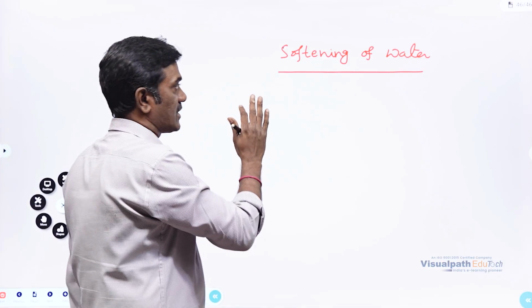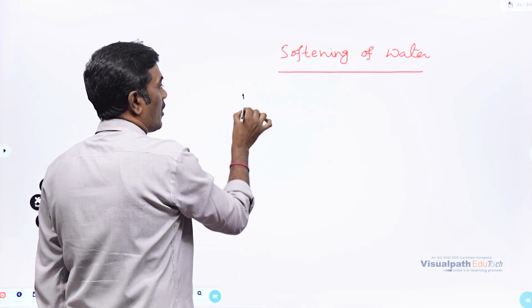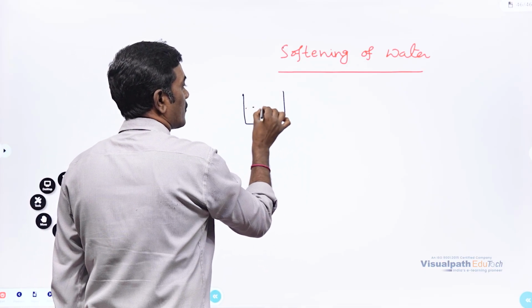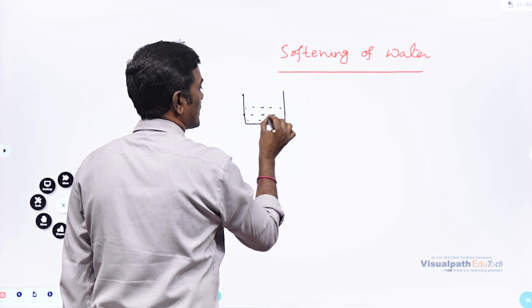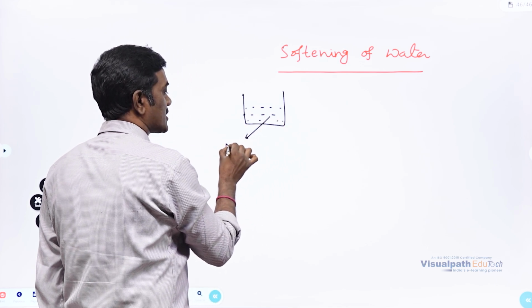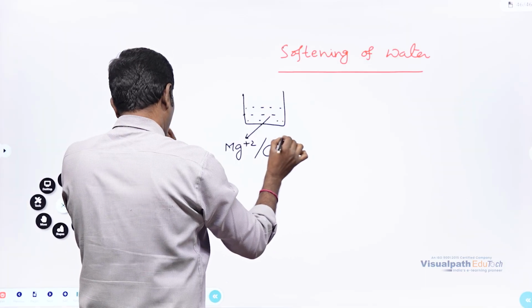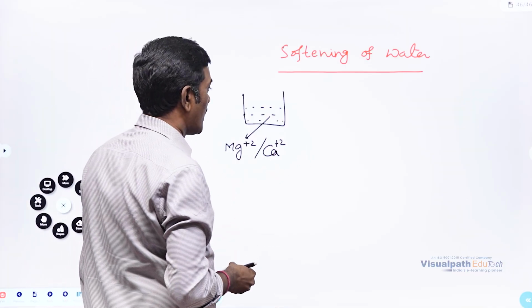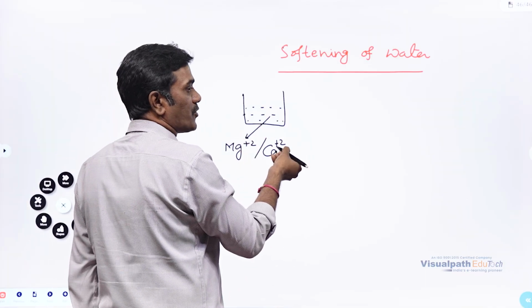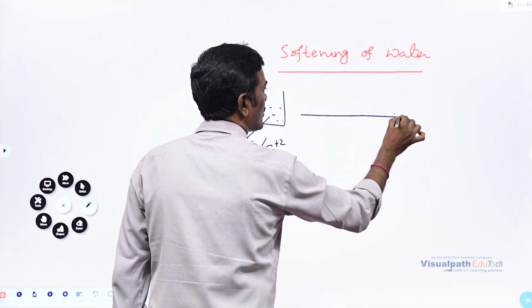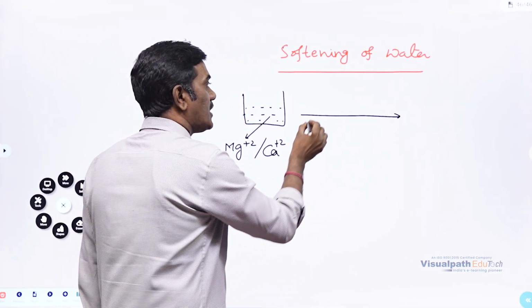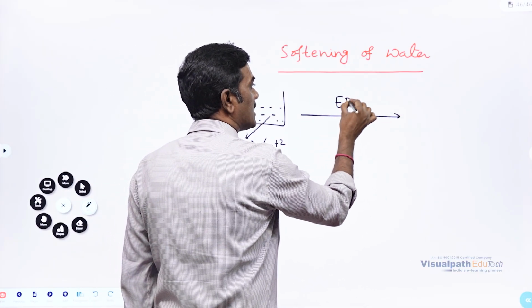The same application will come here. For example, water gives us hardness. What are the hardness causing ions? Magnesium 2+ and calcium 2+. If magnesium 2+ and calcium 2+ are causing hardness, if you remove these ions, obviously we are going to see softening. So if you add EDTA, EDTA will